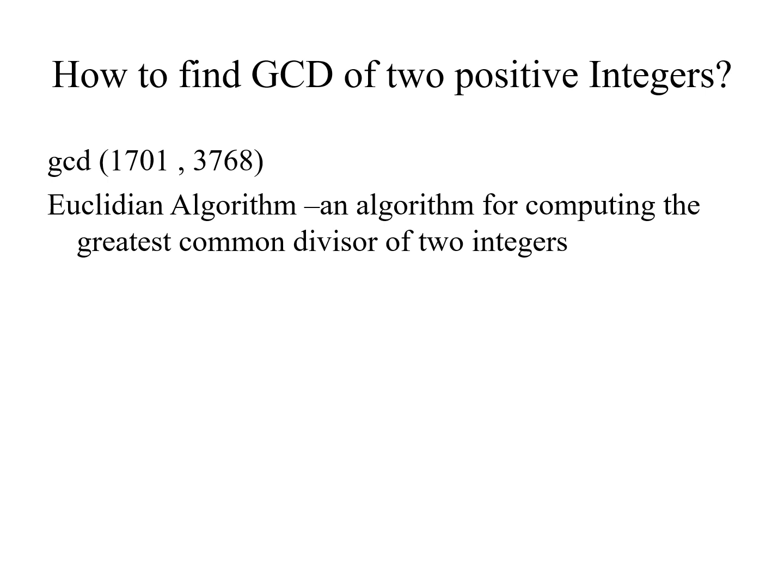Suppose you are given two large integers like 1701 and 3768. If you are asked to find GCD of these two positive integers, the method that we have seen now is not very useful. It is going to be very time consuming. Finding factors and finding the greatest common factor is going to be very difficult. Then we can use Euclidean algorithm. A Euclidean algorithm is used for computing greatest common divisor of two integers. So we can see how to use Euclidean algorithm to find GCD of two integers.